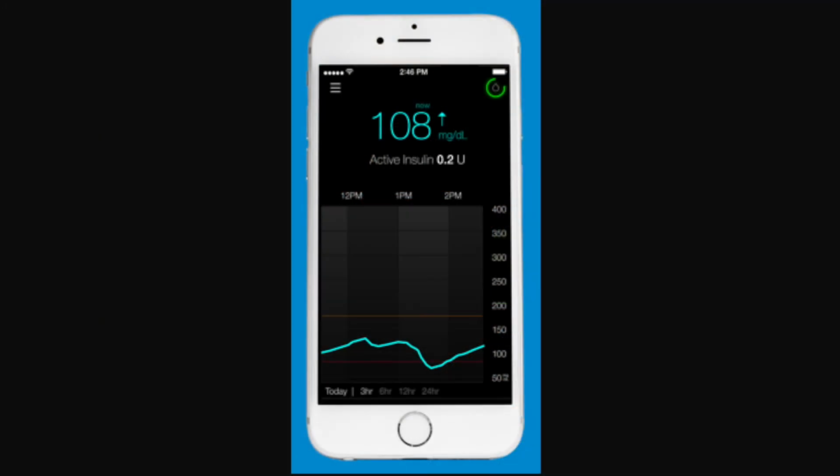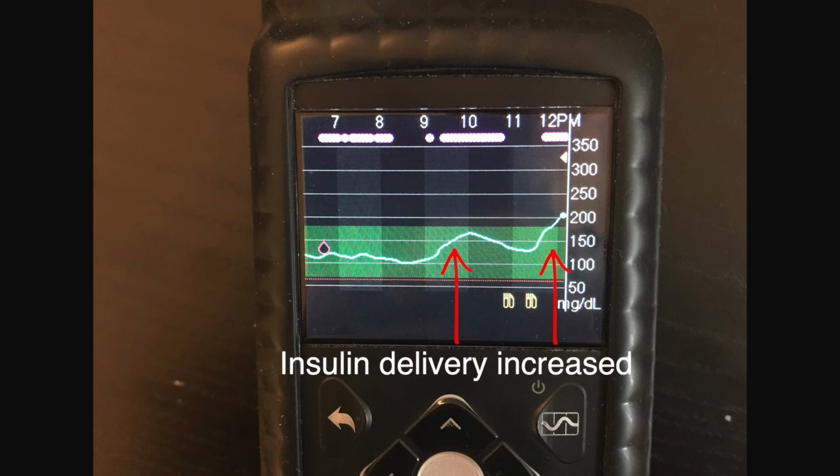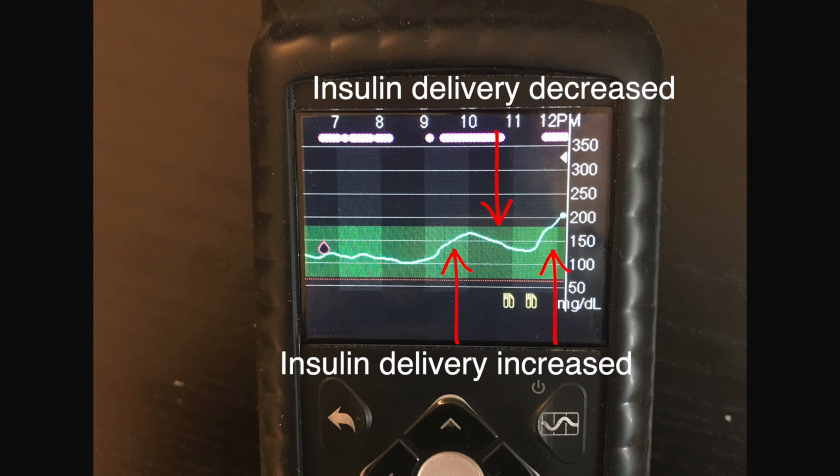Whenever you combine the continuous glucose monitor with the insulin pump and those talk together and work, that technology is what they consider a closed-loop insulin delivery system. So insulin delivery is going to be titrated up or down based on what the blood sugar values are at that time. So if blood sugars are trending upwards, insulin delivery is going to be increased. And if blood sugars are trending downwards, obviously insulin is going to be decreased in order to maintain that steady